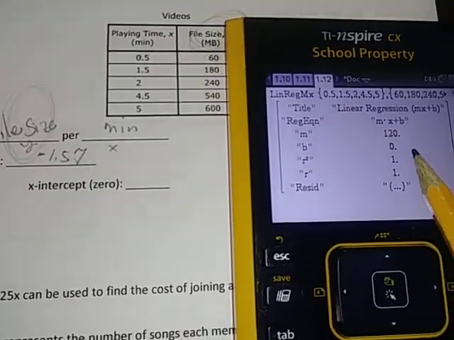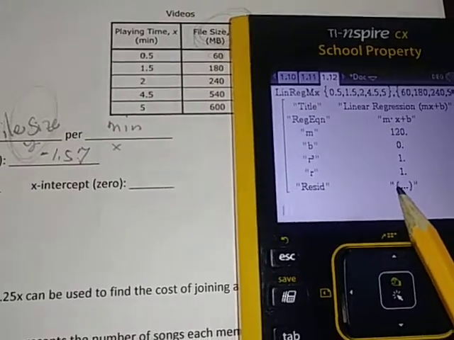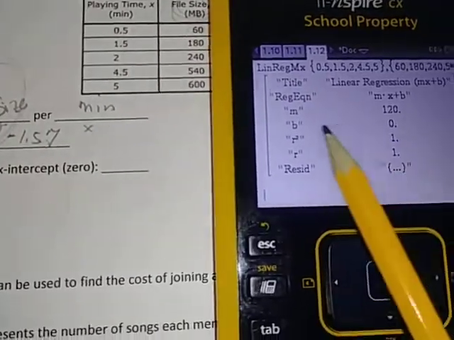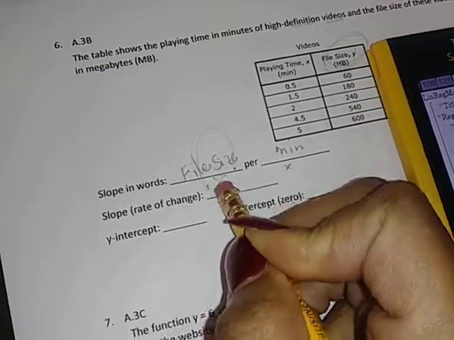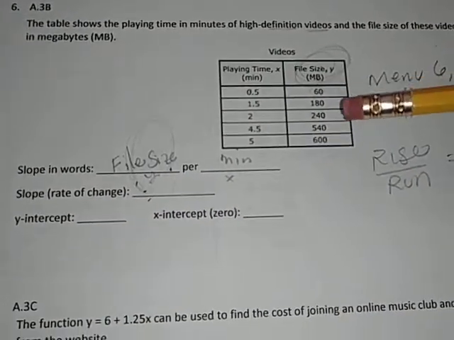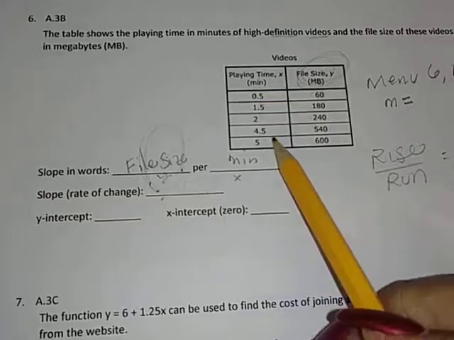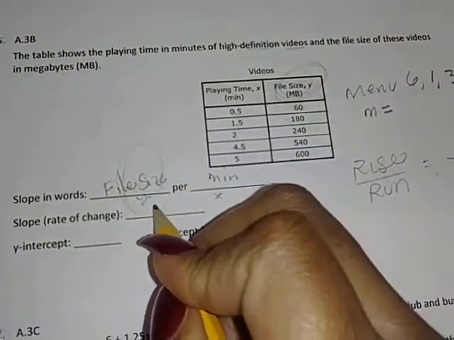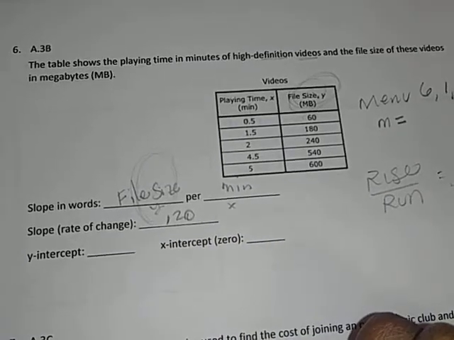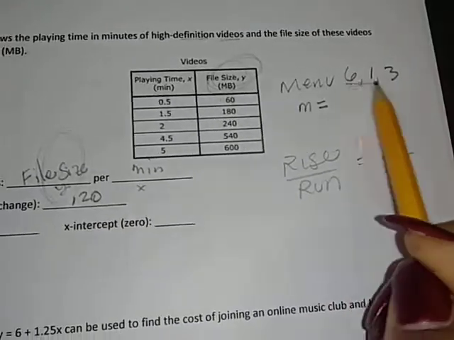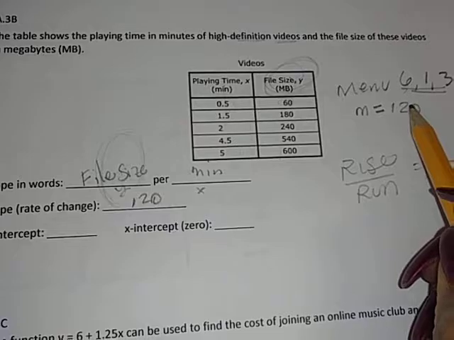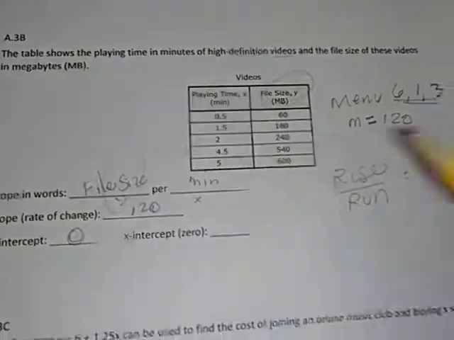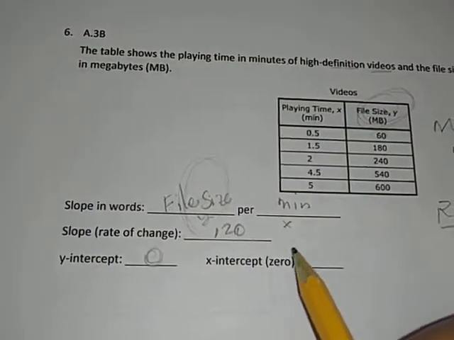Oh, no, look at that. So M is 120. Now, that makes more sense, doesn't it? Why? Well, the slope is positive. And look at my table. It's growing, both for X and for Y. So when you use menu 6, 1, 3, you have to make sure you plug in the numbers correctly. The y-intercept is 0. How do I know that? It says it right there. And then the x-intercept,